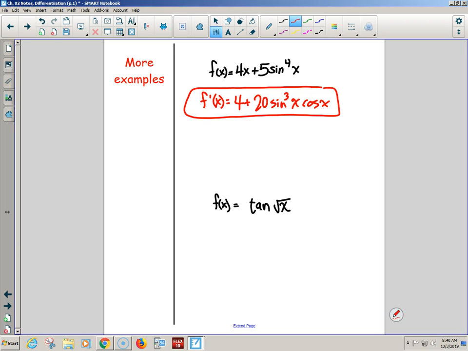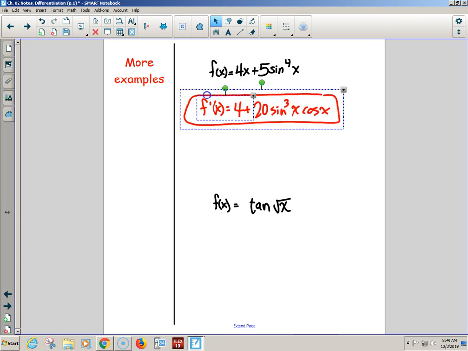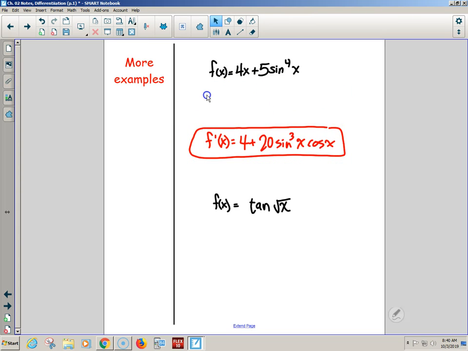I just didn't combine everything. But what was the key? Why did I have you look at that board? To say that the 4 is overarching the entire sine x. Now the 5 was important, but it was just a constant, just a coefficient. You needed to think of that sine of x being raised to the 4th power, the outer matryoshka being the 4th, the inner being the sine. So what do I do if I have 5u to the 4th? Oh, that's easy. 20u cubed